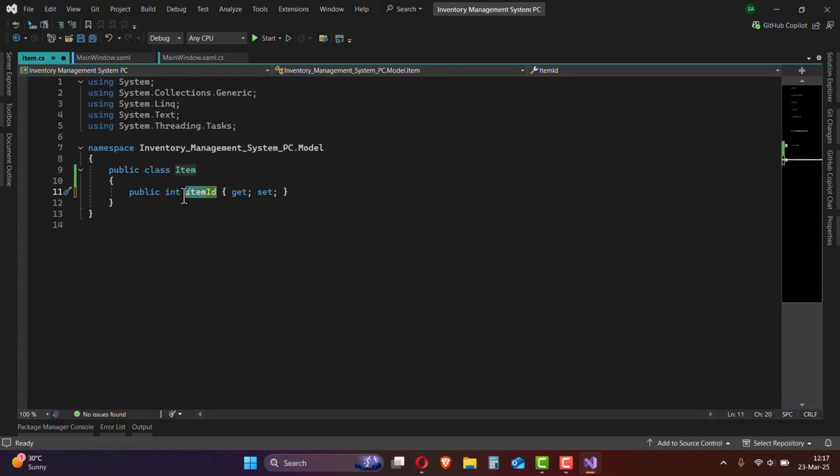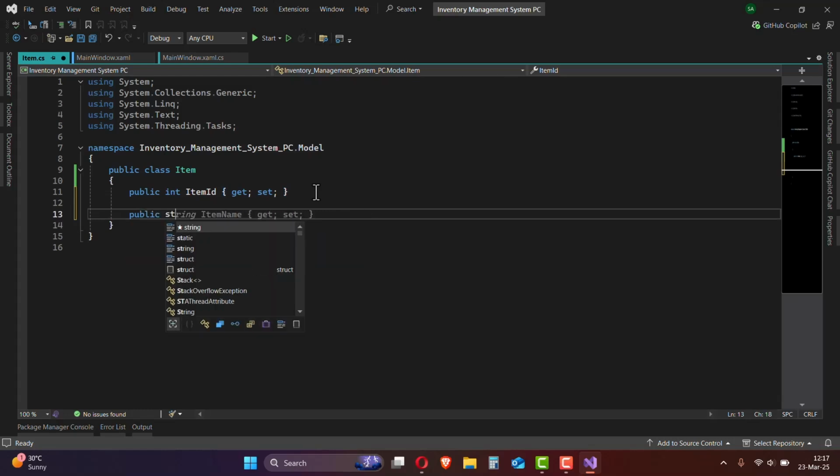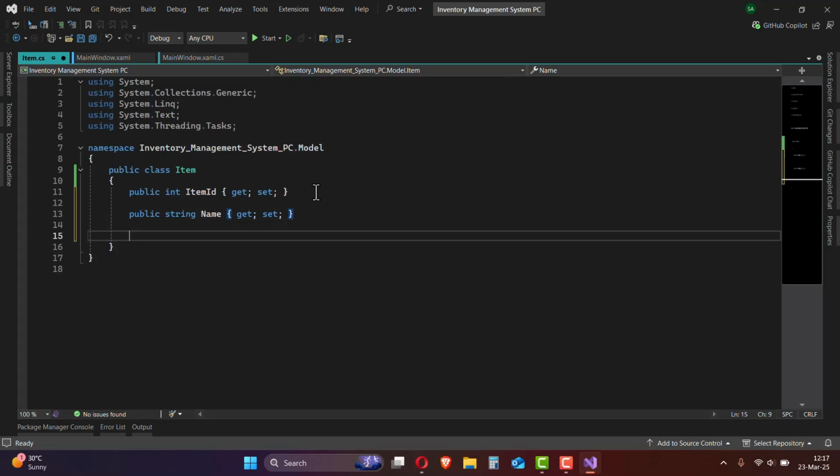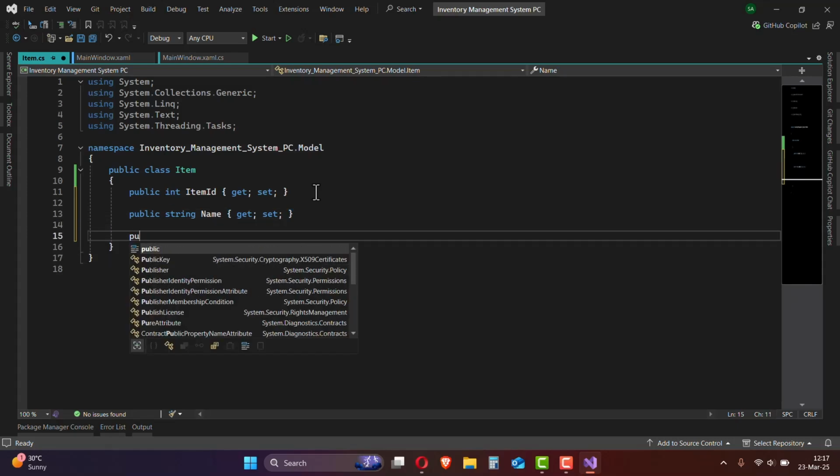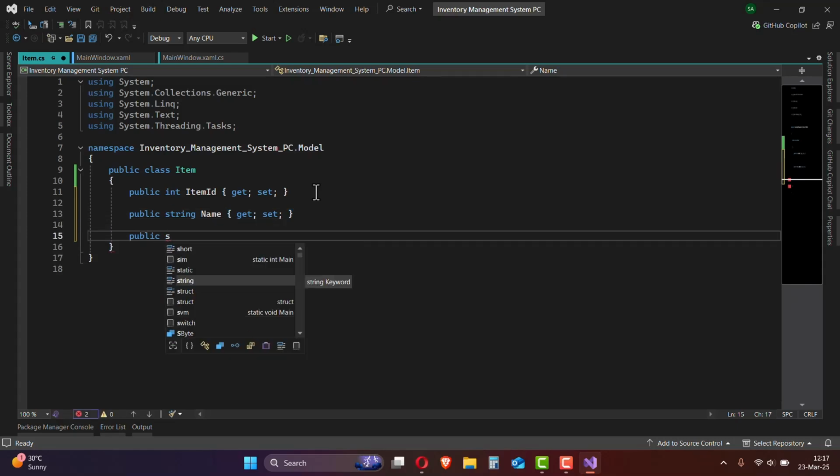I can also name it simply ID, but ItemID is something I prefer. Then I'm going to use public string Name of the item get set, and I'm going to put public string Details of the item,